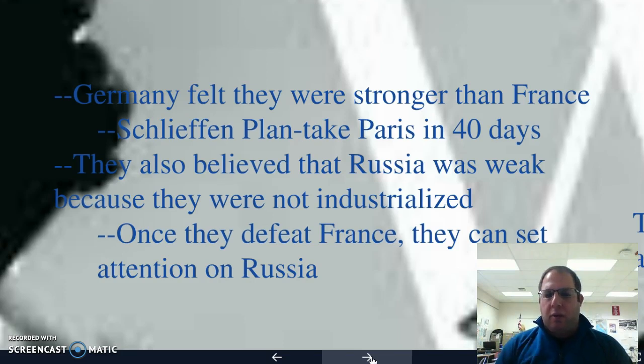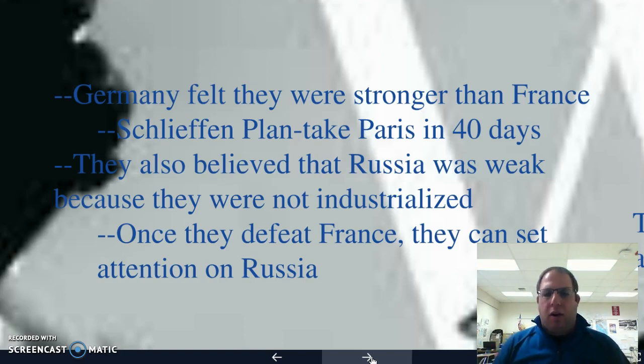And essentially what Germany is going to do is they're going to sweep in from the north and take Belgium and take northern France and take Paris out of the equation and then break all of France down to where they have control of it and then refocus their attention back to Russia. They knew Russia was weak because they're not as industrialized. However, because of the population and simply what is called attrition, they were worried about fighting Russia.